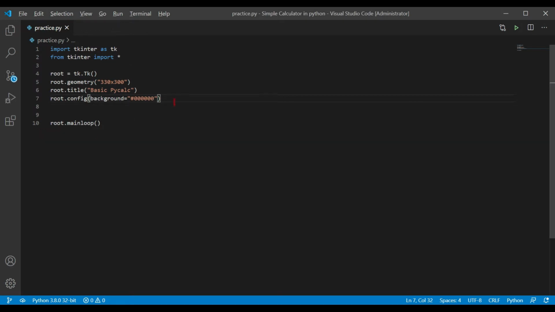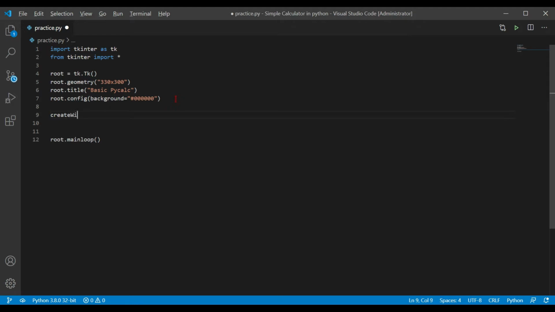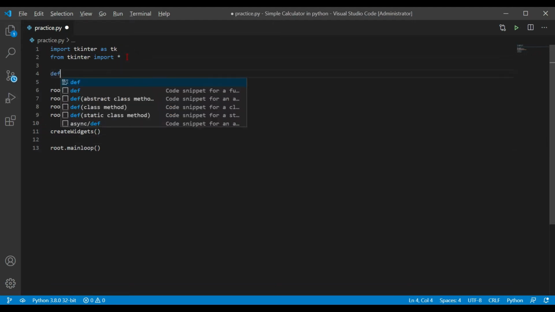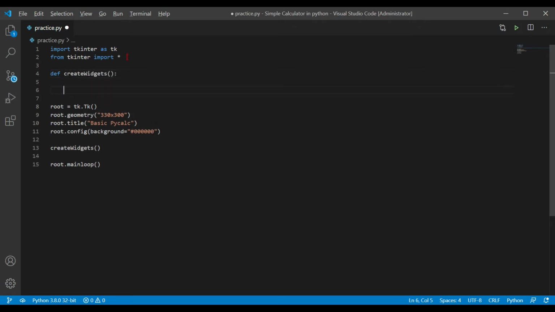So for placing the front-end stuff, let's create a function. Let's name it create_widgets. And once we call this function, we need to define this function. Let's define this function here. Def create_widgets. First of all, we need a text label, so it will provide the basic information about our application.